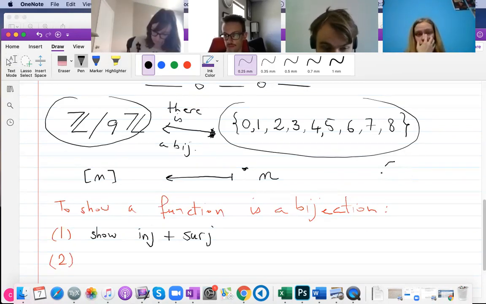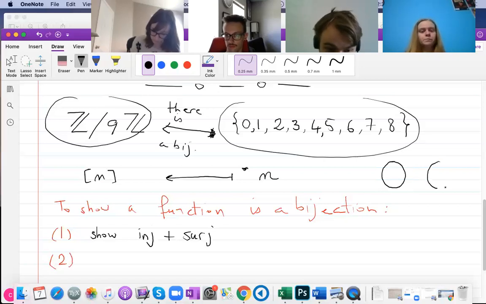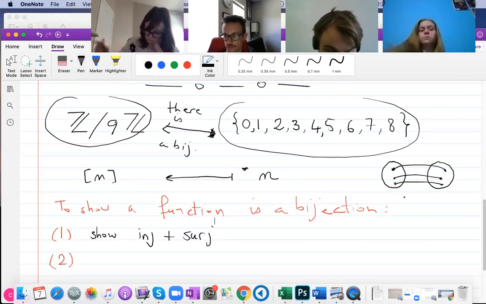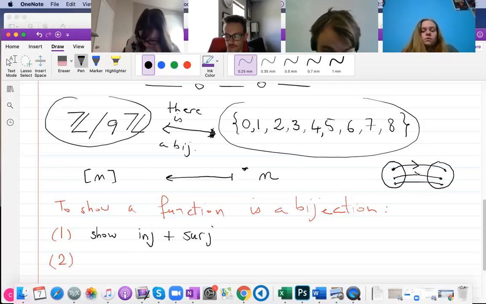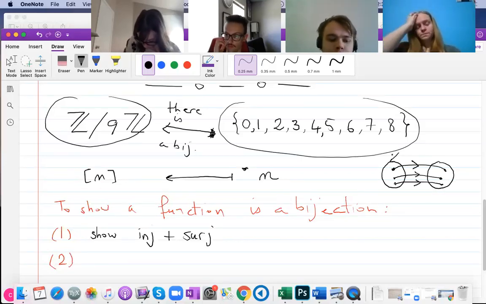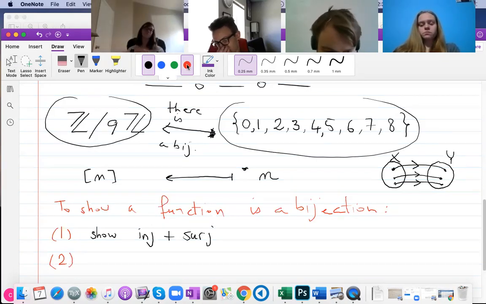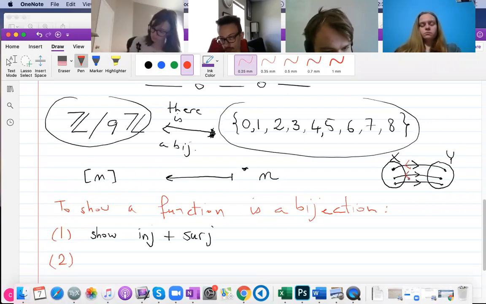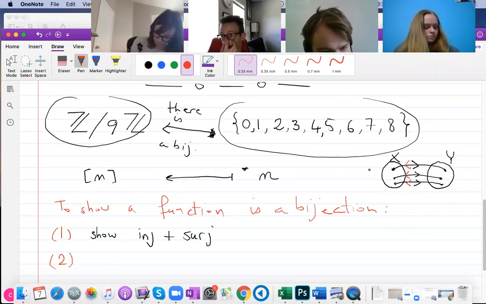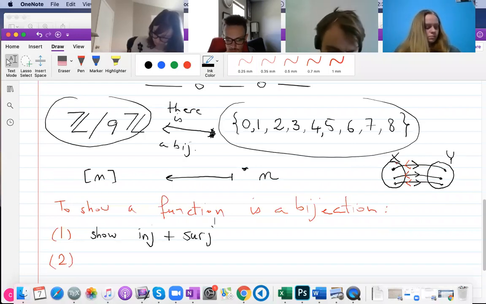But one property that bijections have, so let me draw an example of a bijection, right? If I give a function, I'm giving a direction of my arrows. This is a function from X to Y. But if it's a bijection, what can I do with these arrows? I can reverse them, right? And this is only true if it's a bijection. If something is not a bijection and you reverse the arrows, then the thing that you get is no longer a function,